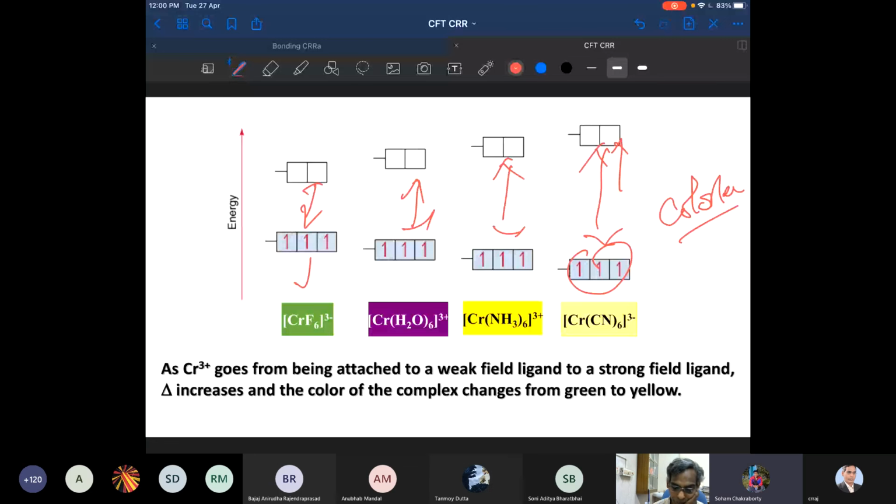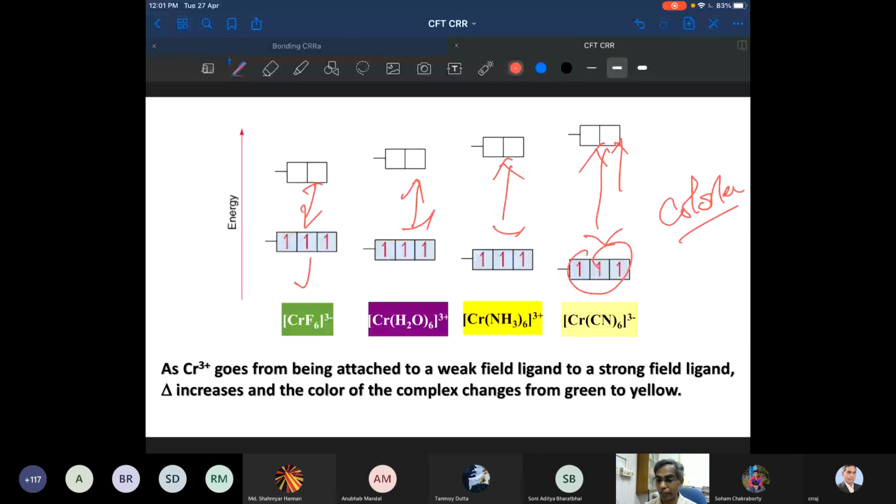Sir, one thing, Sushmita has written in the chat that her mic wasn't working, and she has given her answer in the chat also. Okay, I did not follow the chats. I am looking at my iPad and the screen. Oh, she has given the chat. Okay, thank you. Sir, if I don't have any doubt, can I leave, sir? Yeah, if you don't have a question, you can leave. No problem.